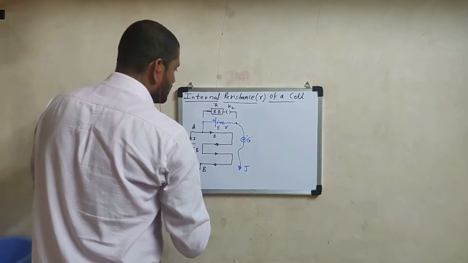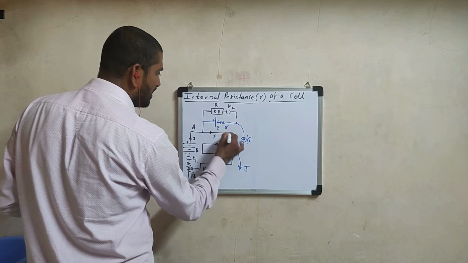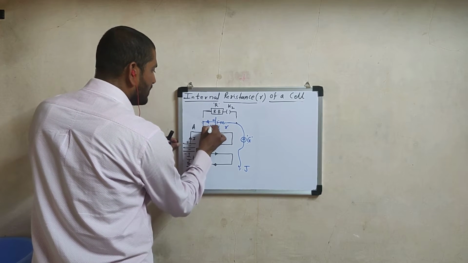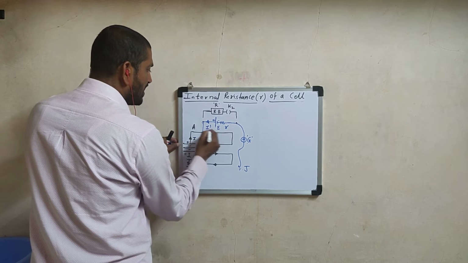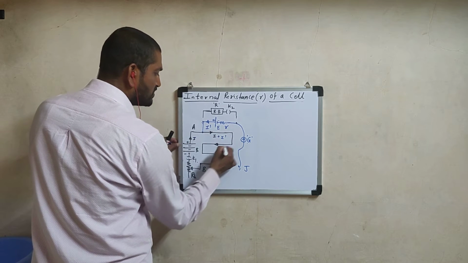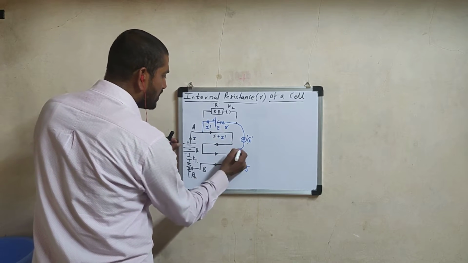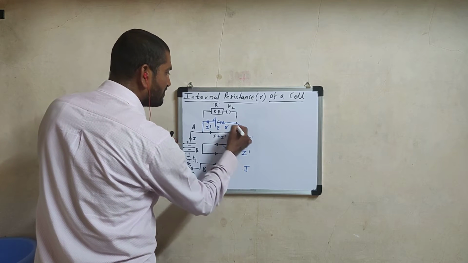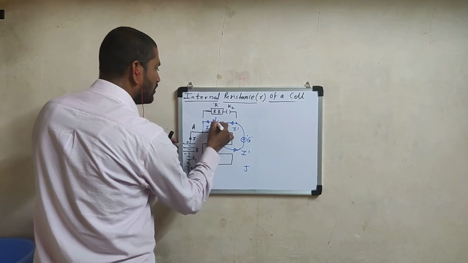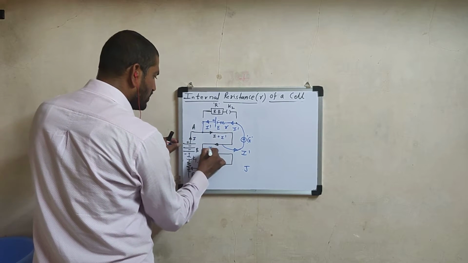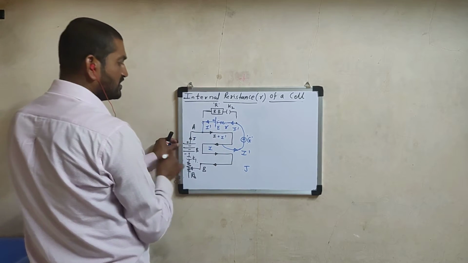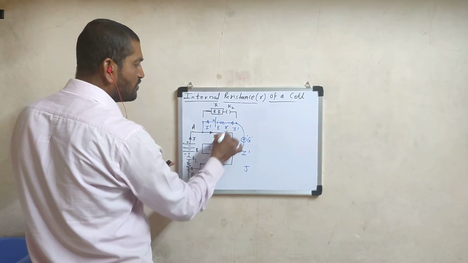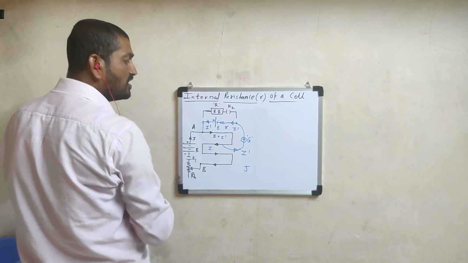Now suppose this jockey starts sliding along this potentiometer wire. As soon as the jockey is touched, some current I dash will be drawn from this cell also. This I plus I dash both combinedly flow. And at the point where the jockey touches the wire, from that point again I dash is returned to the galvanometer, so again it is returned to the negative, and further only current I will continue to flow through this. So these are the two circuits: the black color circuit is the potentiometer circuit and this is the given cell circuit, blue color.